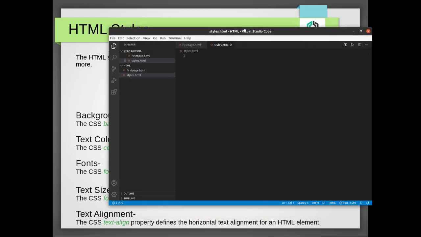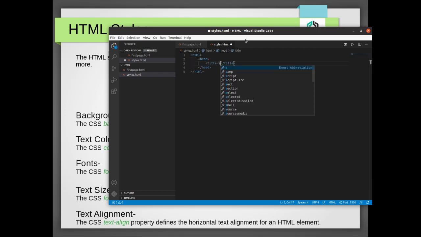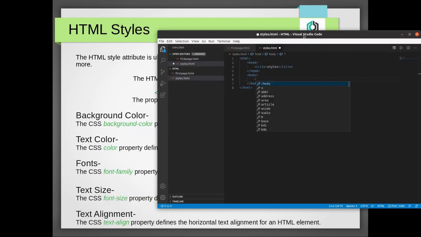So basic HTML docs, then head, title, styles, body. Just creating heading 1 and type heading 1 is home.